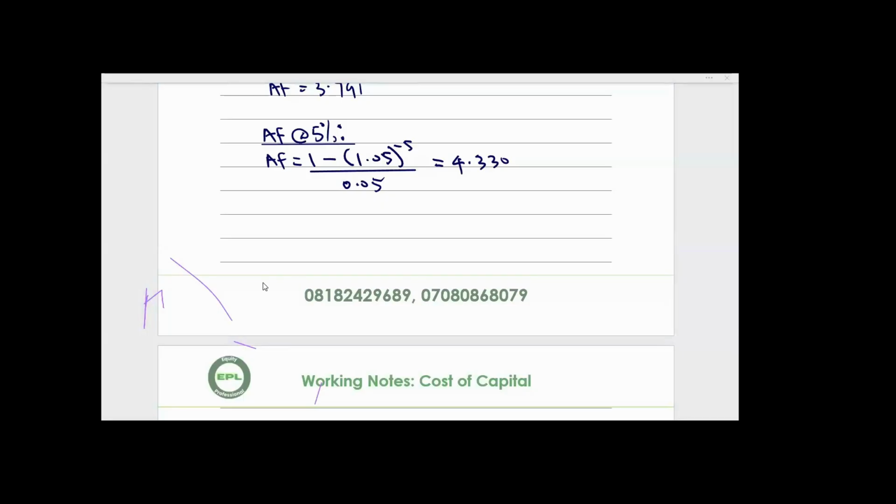So I will say 1.05 raised to power 5 minus equal. I have 0.784. When I get to year 4 or year 5, I will use 0.784. Then minus 1 equal, divided by 0.05 equal 4.329. The first person that gave me 4.330,